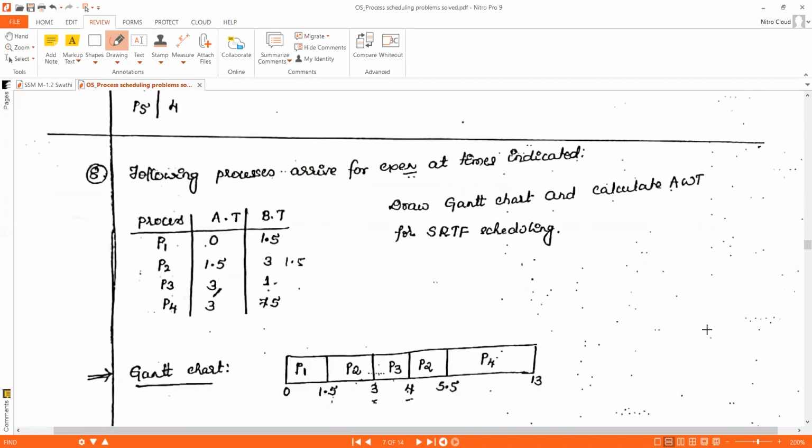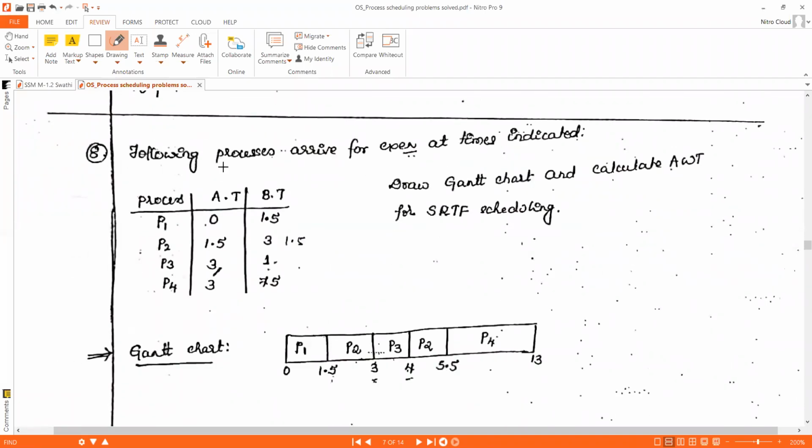We'll see another problem. Here, the following processes arrive for execution at the times indicated. The arrival time and burst time are given here. The processes are process 1, process 2, process 3, process 4, and the arrival times are 0, 1.5, 3, and 3. And the burst times are 1.5, 3, 1, and 7.5 for process 4. Draw the Gantt chart and calculate the